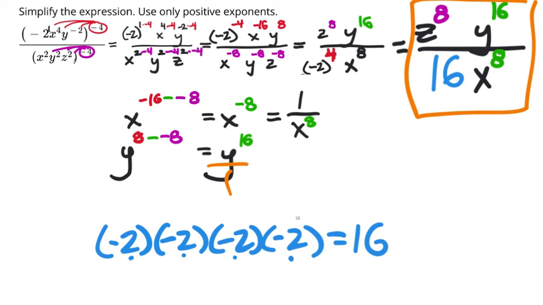So the negative 2 has to be in parentheses. Let's explain that here real quick. I'll need a new